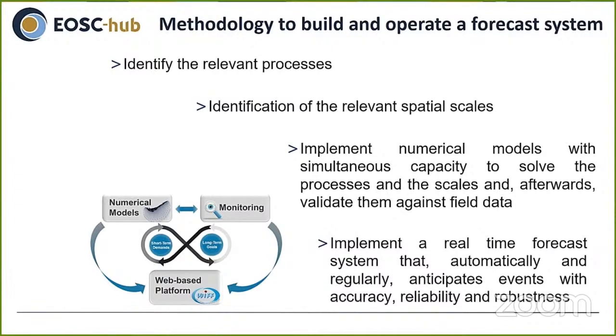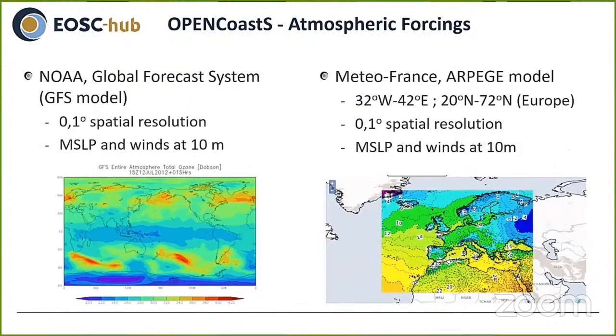These resulting forecast systems, when linked with monitoring networks, can help us develop contingency methodologies for distinct applications for the estuarine and coastal areas, with characteristic scales and processes well represented. In terms of forcings, several options are available at atmospheric forcings. Here, I'm going to briefly overview those used in OpenCoasts.